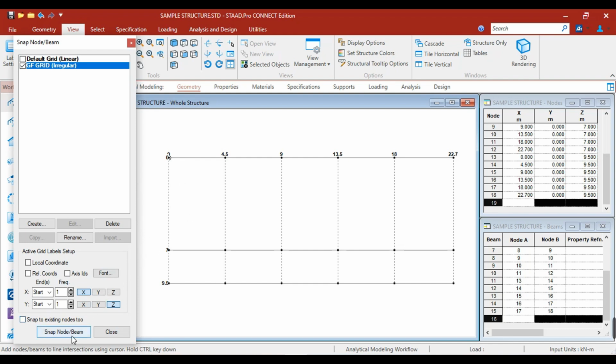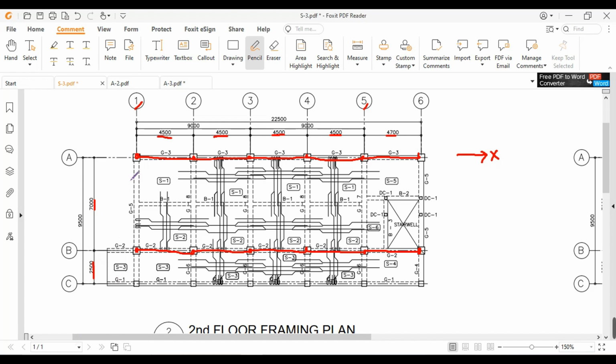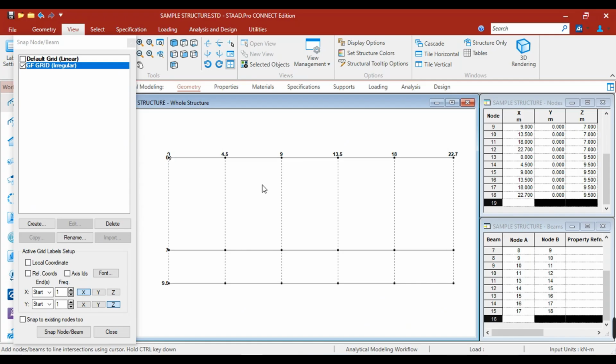Next, we're going to create beams along the z-axis. Again, it is common practice that we create beams to the positive Z, from grid A to grid B, then to grid C. So again, from grid A to grid B to grid C. We're going to do it here in STAAD.